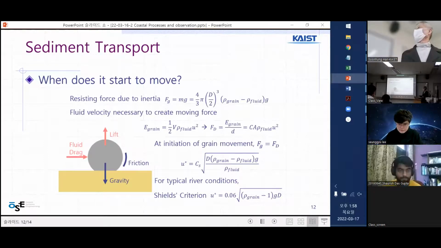Right? The typical threshold condition gives you kind of criteria for when this sediment can start to move, you need to protect all this kind of